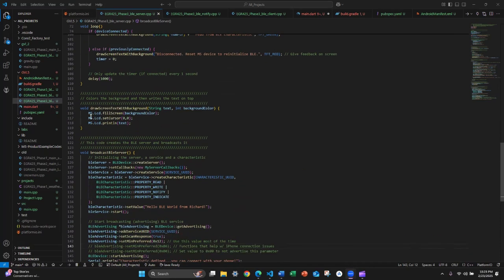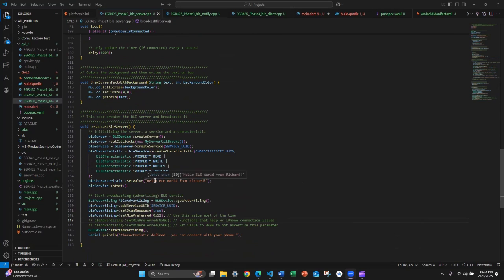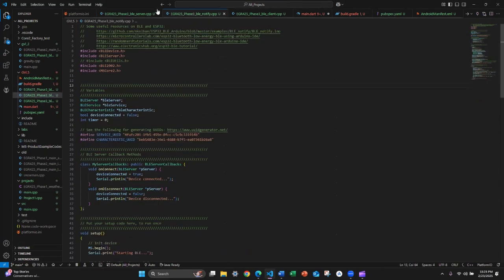And this is all for colors in the background to make it look nicer. This is to broadcast the server with read, write, notify, and indicate. And this is what it's going to broadcast: a basic hello world. For the next file, it is almost a duplicate of the last one, but this one includes